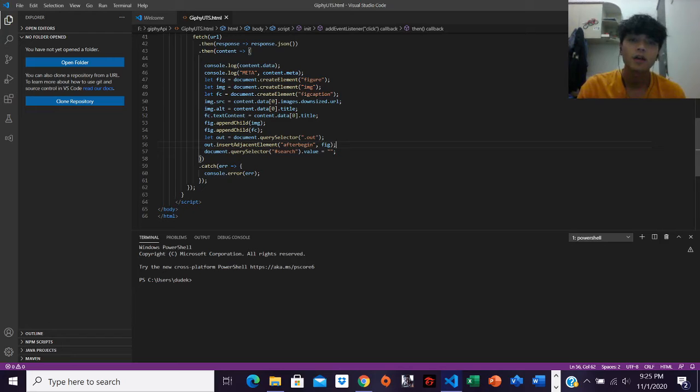Here I used afterbegin, so that when I search for, let's say, a kitten GIF, whatever it is, and then I search the second one, the first GIF that I searched will move to the bottom, and the second GIF will be on top of the first one. And then here on the last line, this is actually optional. Document query selector search value